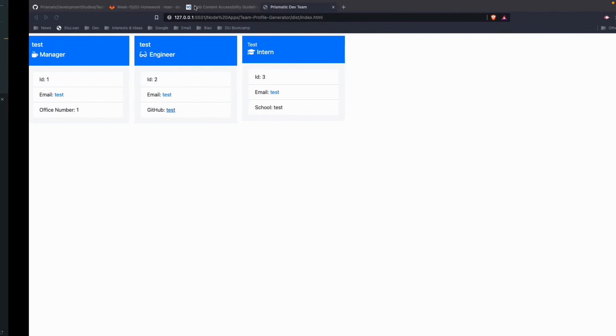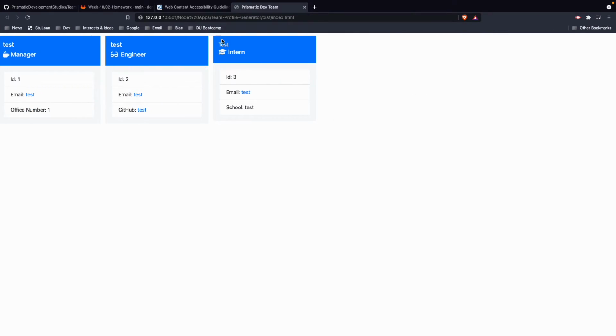The other thing you can see in this application is that dependent on the class of employee that you select, there's a different icon. And there are, once again, the card itself is different. They all have an ID, they all have an email, but a manager has an office number, an engineer has a GitHub, and an intern has a school. So, based upon this